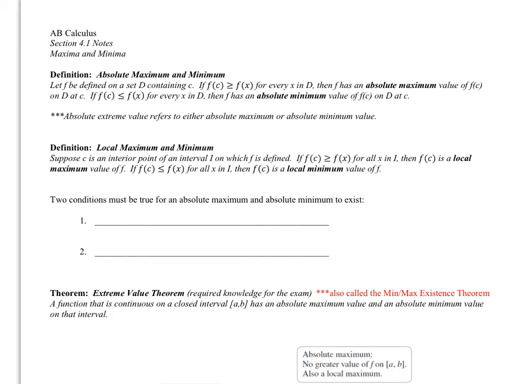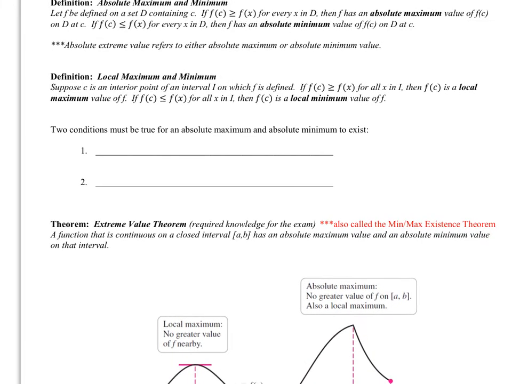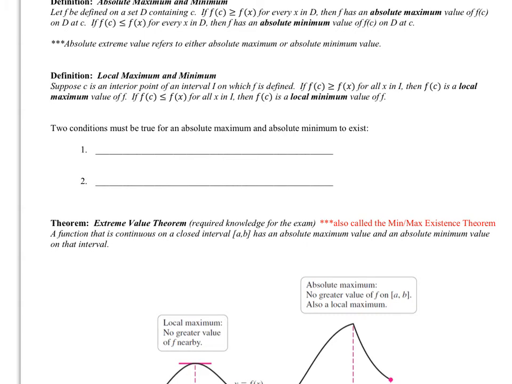So the definition of local max and local min is, suppose that c is an interior point of an interval I on which f is defined. If f of c is the largest value for all x in that interval, then f of c is the local max. If f of c is the least value on that interval I, then it is a local minimum value of f. So the two conditions placed on this: f must be continuous,